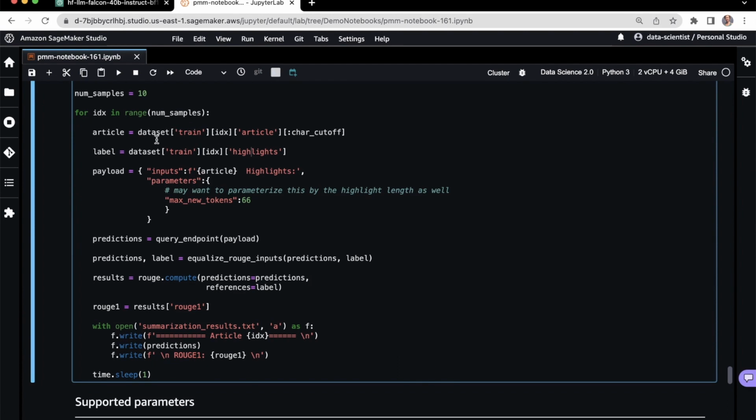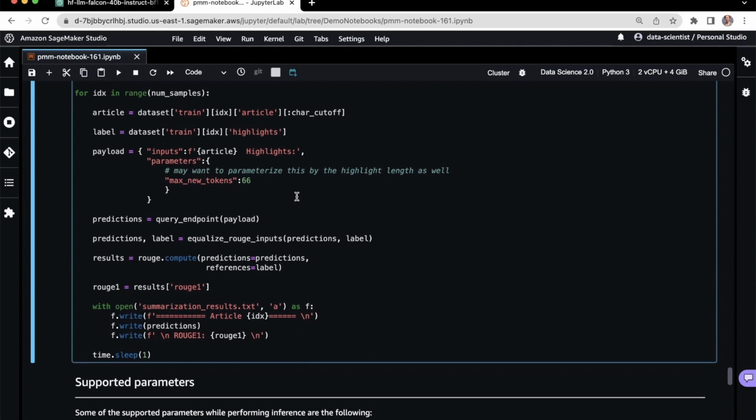And then we're going to send that to the LLM. So we're putting that into the payload here. So again, we're sending in the article, asking the LLM to define the highlights, changing some parameters here. The length of the highlights can change somewhat, so in a future version it might be helpful to modify this based on the length of the highlights.